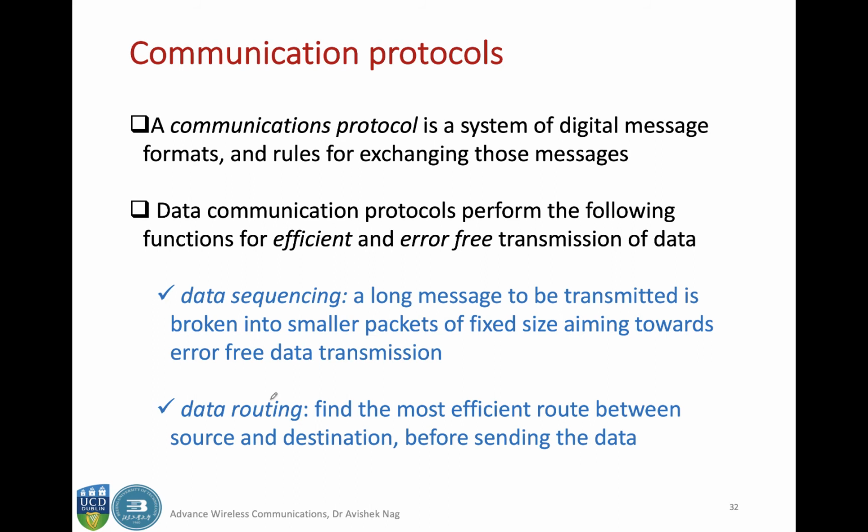Everyone is sharing the streets, the common infrastructure, and imagine there are no traffic lights, no rules to follow on the road. Then there will be chaos. There could be traffic jams, there could be accidents. That's why rules are important, and the rules for exchanging messages over a communication network are basically called